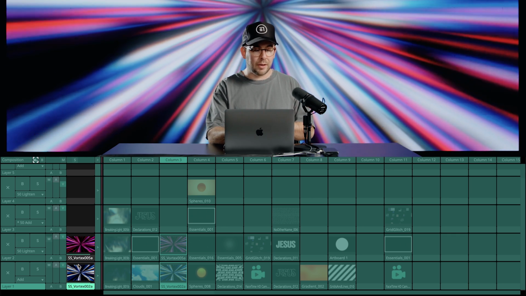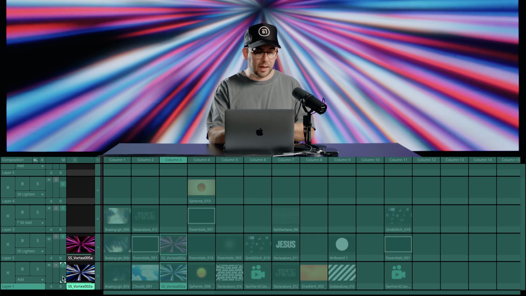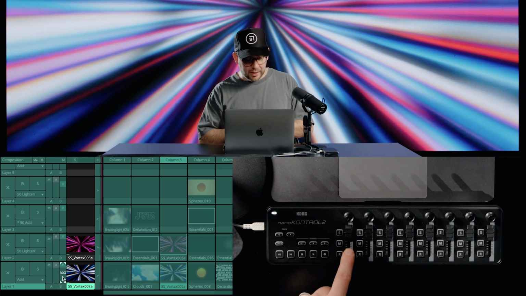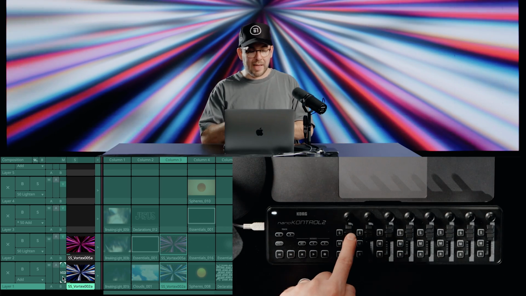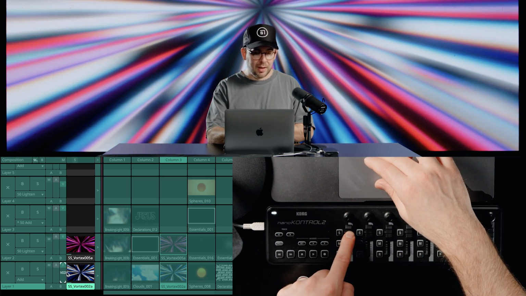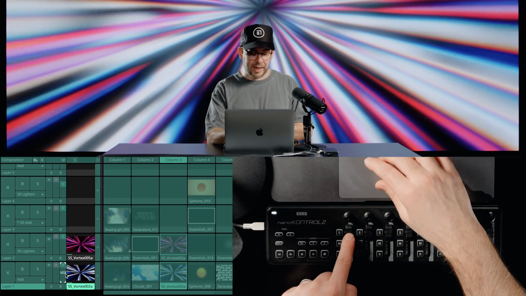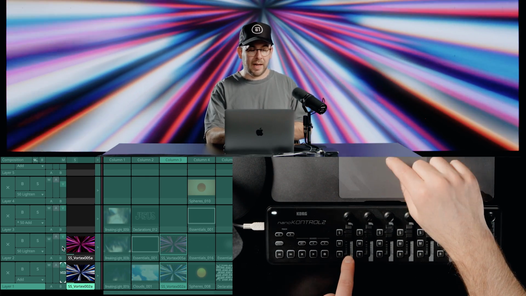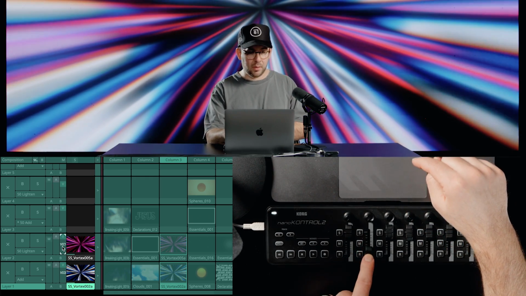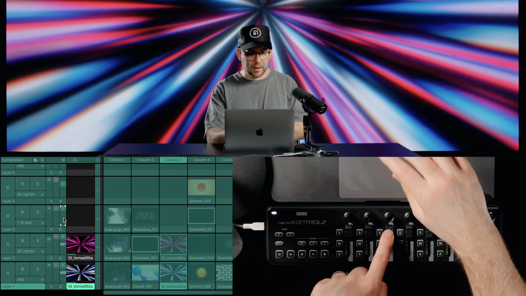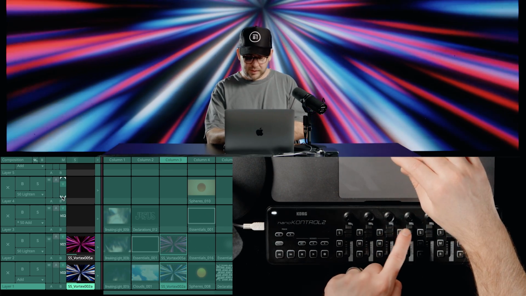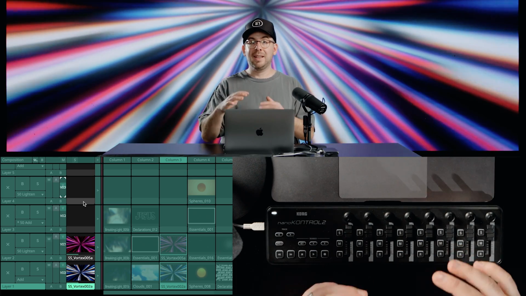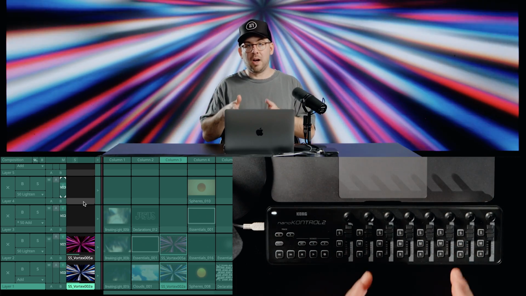layers. So I can actually click on this fader for layer 1. And when I toggle and move this fader on the MIDI controller on the first slot, we now see that this has changed, and now I have control over the first layer using this first fader on the controller. I can continue to go down the line and do that for layer 2, layer 3, layer 4, and so on and so forth. And I can do that for as many layers as I have capability on this MIDI